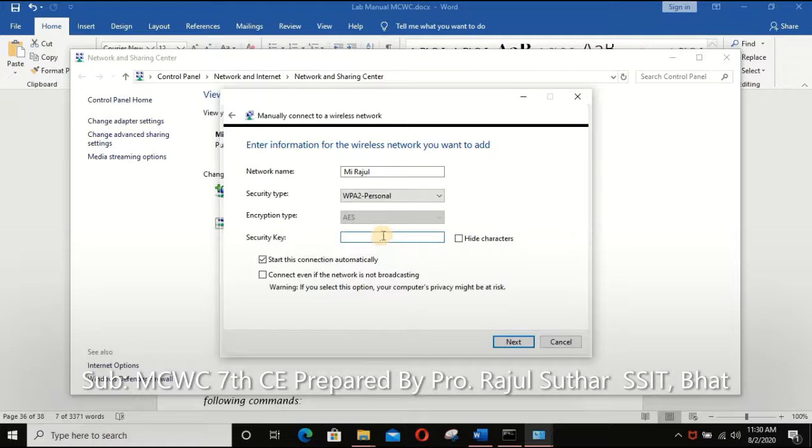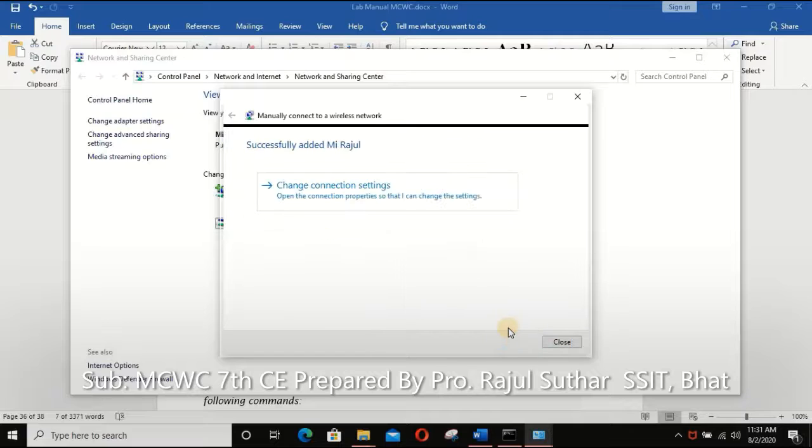For the password you again require 8 to 16 characters. Then uncheck start this connection automatically and click next. So the ad hoc network has been successfully added.